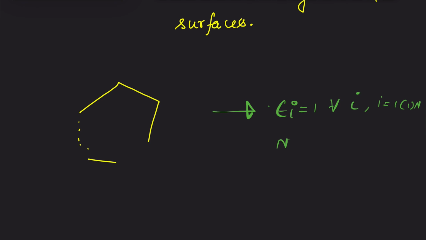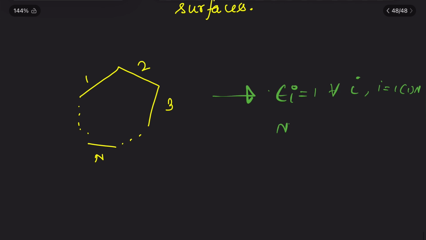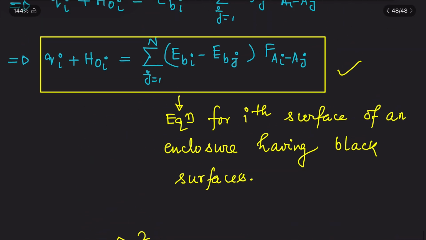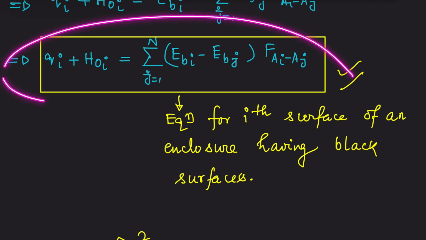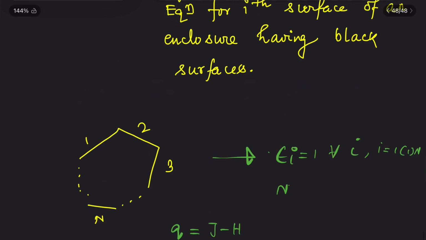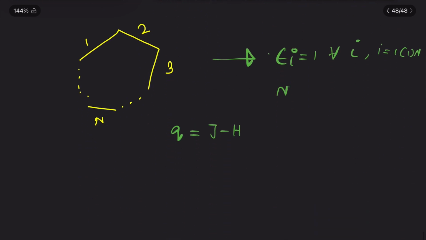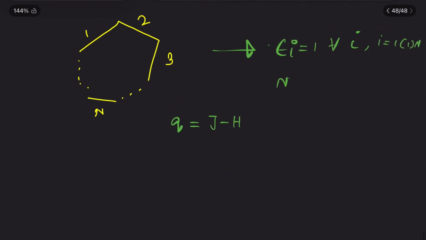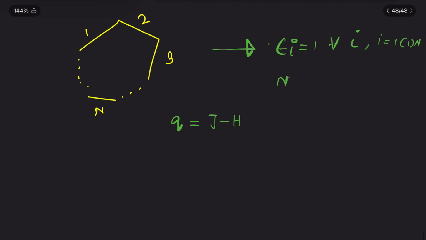I have n number of surfaces, so I should ideally draw it like this: dot dot dot, so this is 1, 2, 3, this is n. You need to find this expression, you need to prove this expression starting from scratch, that is Q is equal to J minus H, and you need to also do the thing that I have done, that is you need to find the integral equation first, then you need to convert it to the summation equation. That is, if it was a